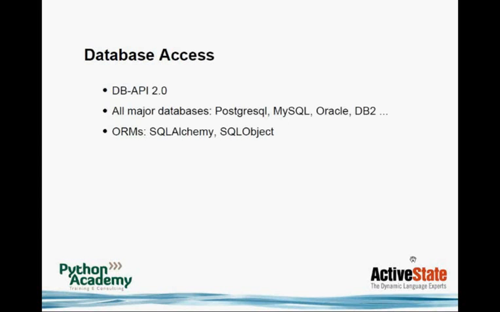Then if you need to access databases, there's something called the Database API 2.0, which offers a kind of unified application programmer's interface for databases, and this supports pretty much all major databases, Postgres, SQL, MySQL, Oracle, many others. But if you don't want to work with raw SQL statements, you can use what's called object relational wrappers, and the most famous one is SQLAlchemy and also SQLObject, and they allow you to use Python objects and write your programs object-oriented and don't have to bother with SQL, and most of the time they're even faster than when you write SQL yourself.